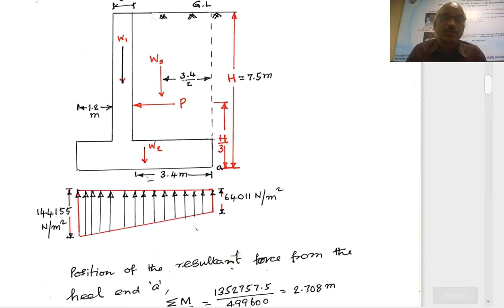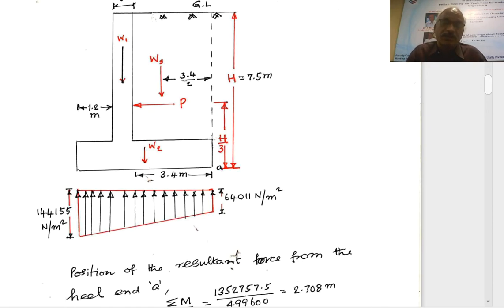So this is about the dimensions. Considering 1 meter length of wall in between, therefore the counterfort will not be available here. You are considering 1 meter in between. So these are the different forces. These forces we have accounted in the tabulation: W1, W2, Ws, etc. Right. Now we are going to find out the resultant of W1, W2, Ws, P, horizontal force, vertical force, etc.